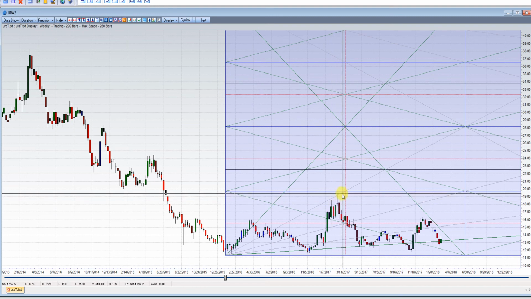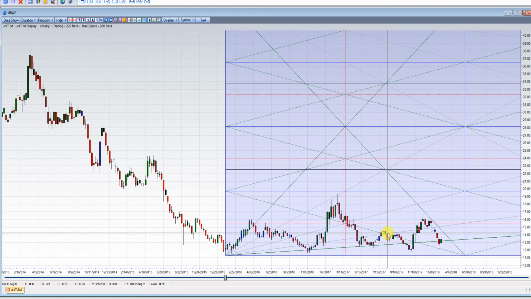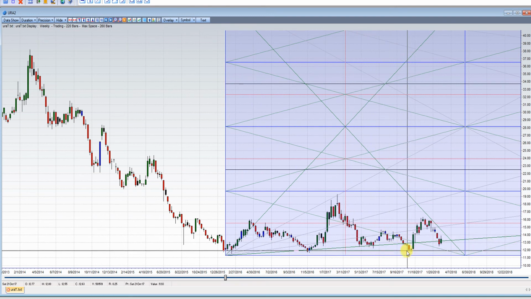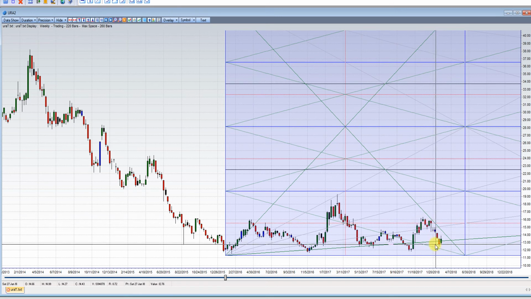What does price do when it hits these angles? Sold off, found support here, popped up, failed. There was nothing there. Interesting, you see, it was just kind of floating in the air. Popped up, it's finding resistance again there, chopping around on that red line, and now it's kind of like here,